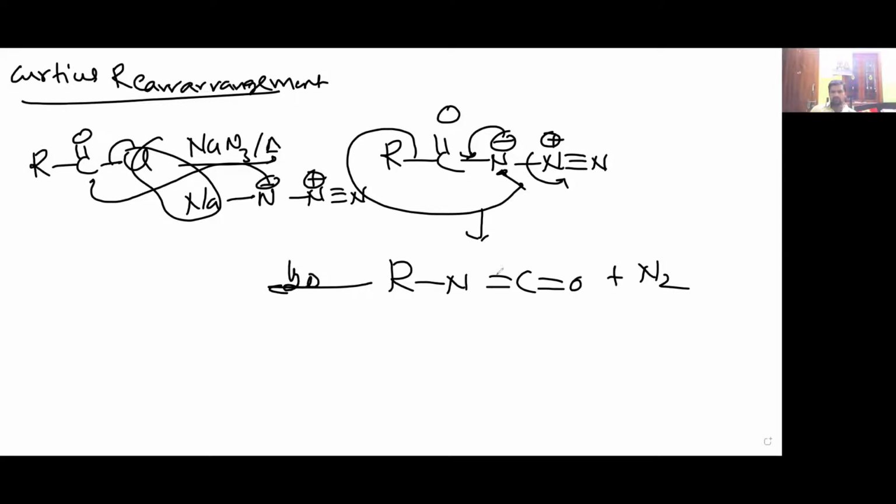Obviously, this is on hydrolysis, as you already know. Then the bond shifted like this, negative, positive. Here H is added, here OH is added. Then on further hydrolysis, you are going to get R-NH2. This step I already told in the Hofmann bromamide, how it undergoes hydrolysis. Okay, so this is called the Curtius rearrangement. All these are most important named reactions for IIT JEE, but these reactions are not there in the NEET exam. Only Hofmann bromamide is there.